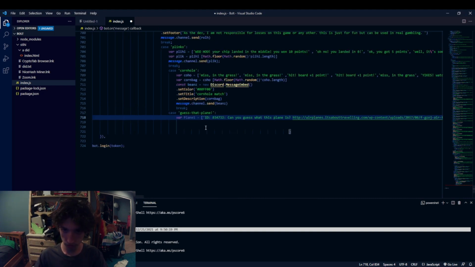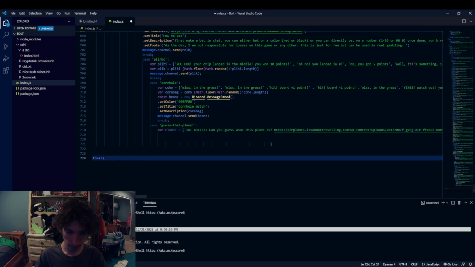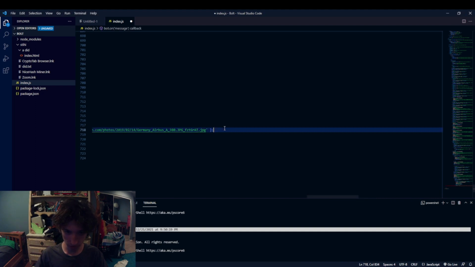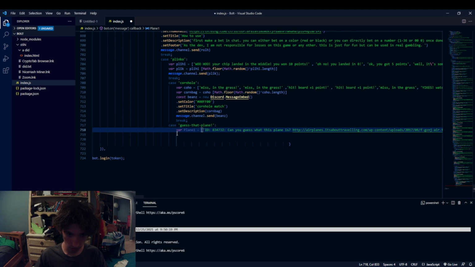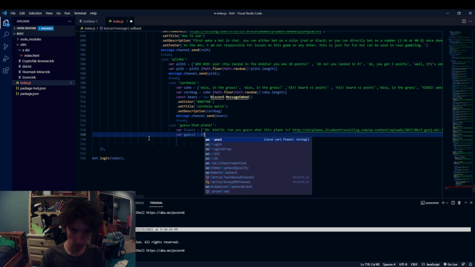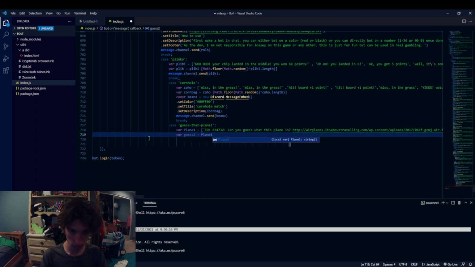Right, then we need to, actually I'm just looking at it, and it doesn't look like it has a semicolon at the end of that. So then what I'm going to do is go up here, and we're going to create another variable. I'm just going to call this guess2, and then we're just going to basically copy plane 1,